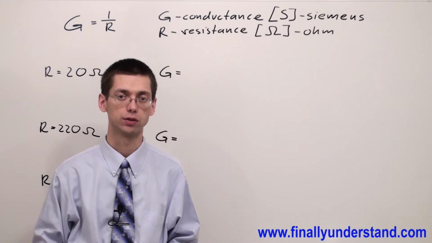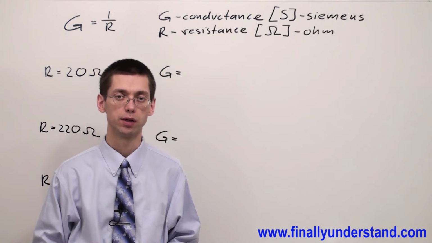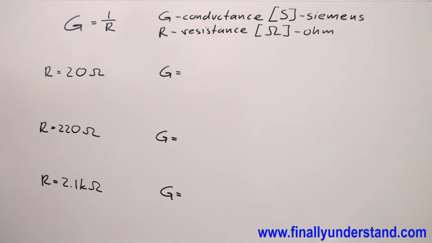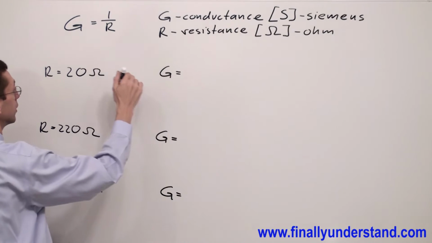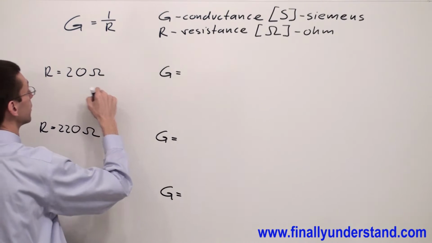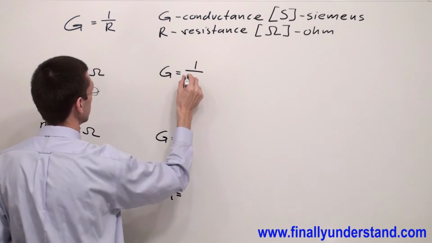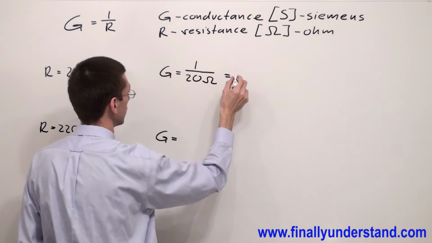Let's take a look at these examples. This time we're supposed to find conductance for the following values of resistance. Let me remind you that conductance is the ability of the circuit to allow the current. In other words, conductance is nothing else but the reciprocal of the resistance. So, if I want to find conductance for this resistance, I'm supposed to simply divide 1 by this resistance, which is equal to 1 divided by 20 ohms, which is equal to 50